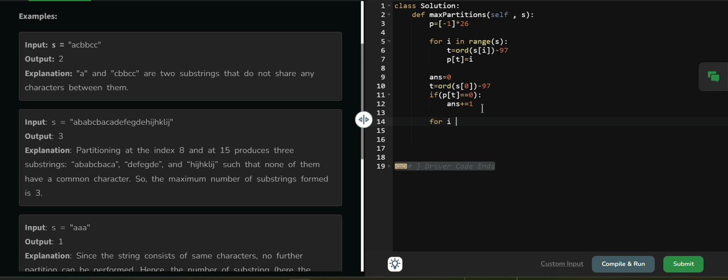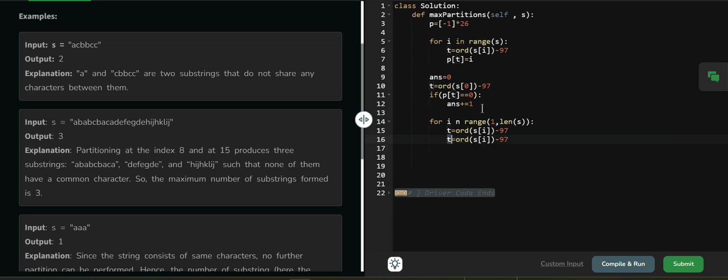And then I will traverse my string from 1 to length of s, and store t equals ord of s of i minus 97, the index of that character. The same thing I will do with my previous character, pre equals ord of s of i minus 1 minus 97. Then I will store the maximum index, p of t equals max of p of t comma p of pre.